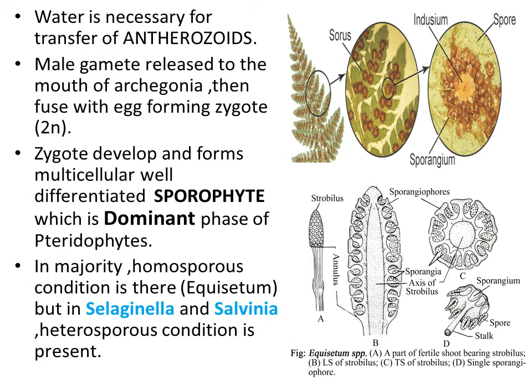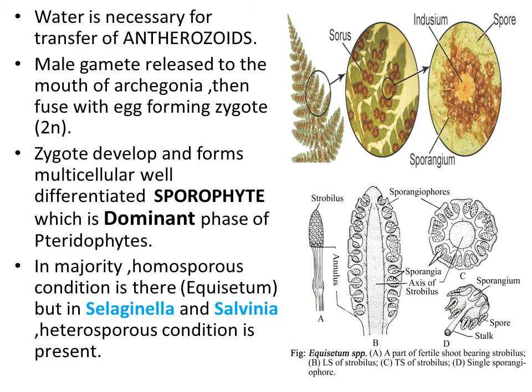See, we have discussed the gametophyte, that was reduced, small, fine, although it was independent. But in case of the sporophyte, it is multicellular and very well differentiated. So it is the dominant phase of the pteridophyte. Very important, the sporophytic phase is the dominant phase in case of pteridophytes. In the two groups, that is algae and bryophytes, the dominant phase was the gametophyte. So this is the major difference.